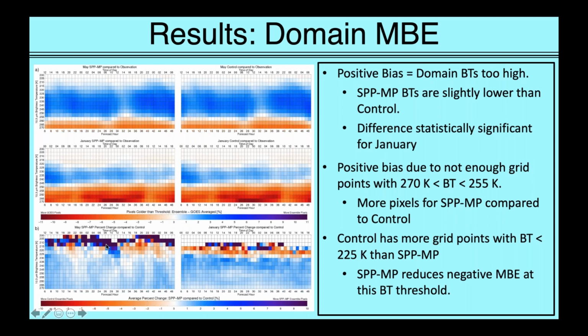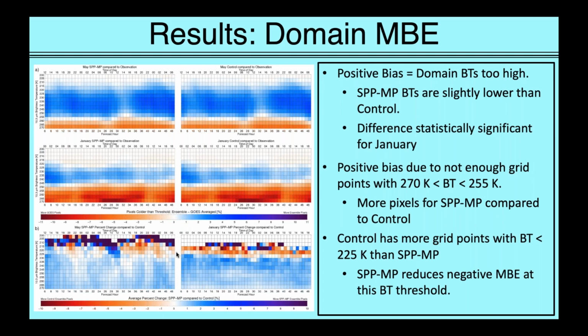This is a percent change, so some of these get just a bit out there, because if you only have a small number of pixels, 1 or 2 pixels can make a big difference. But we can see a consistent layer of these oranges in January and also in May, which indicate that there are more control ensemble pixels at these thresholds than the